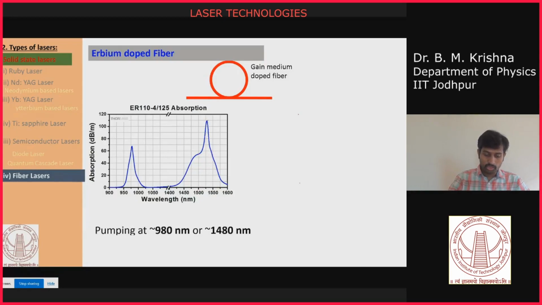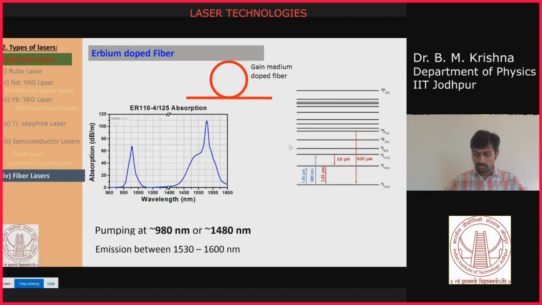Where you get the peak here, that means there is a larger absorption cross section, which gives you a peak in the emission spectrum or in the absorption spectrum. The emission wavelengths range from 1530 nanometers to 1600 nanometers. The reason I mentioned is that there are energy levels that can absorb in this 1480 up to 1500 nanometers. When the absorption is dominating, you don't have a stimulated emission.